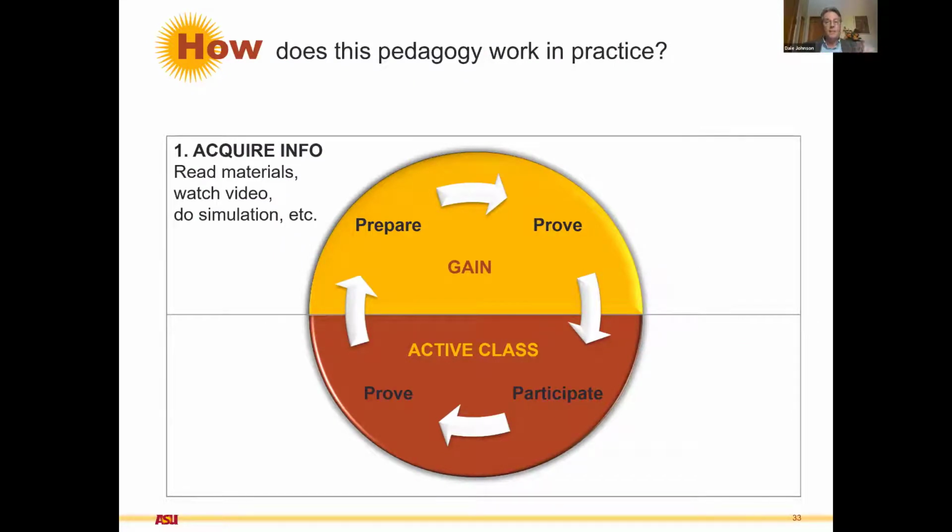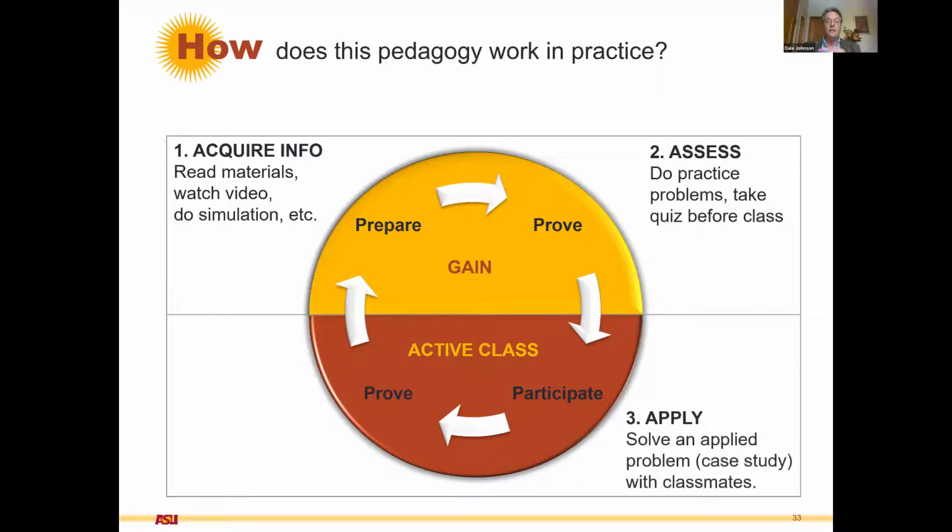For the professors, we try to create something that is recognizable, and the students. So information acquisition and assessment, this is a formative assessment, occur in the adaptive instructional system. Then we get to the classroom experience. So here's where we're applying this, and we're doing it in case studies, small group work, things like that, where we can engage with the students and help them learn those higher order thinking skills.